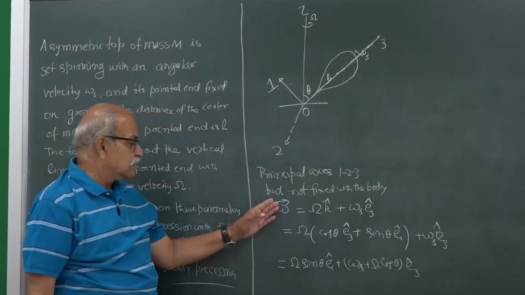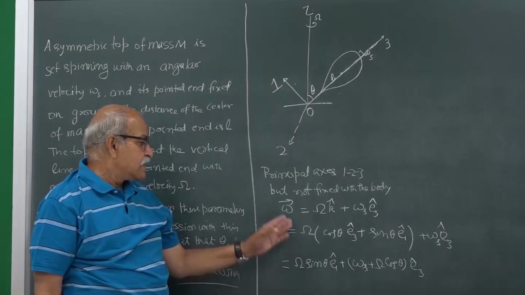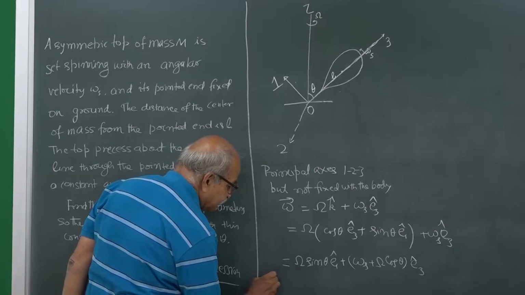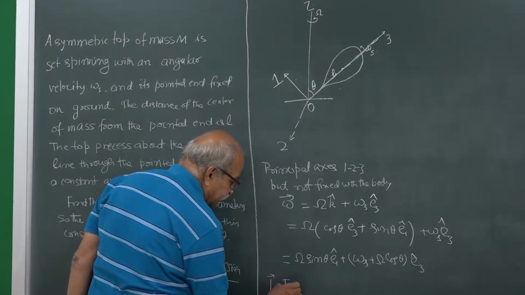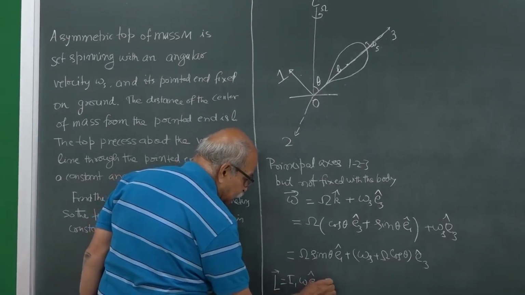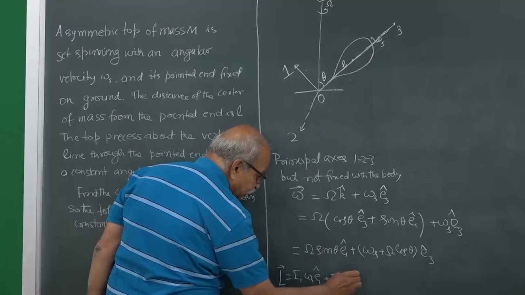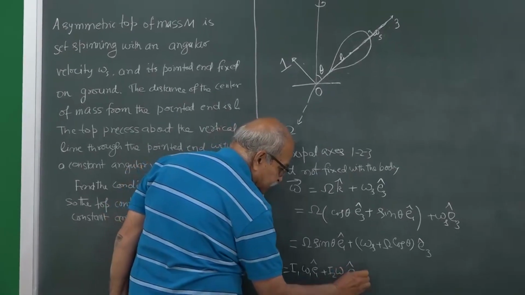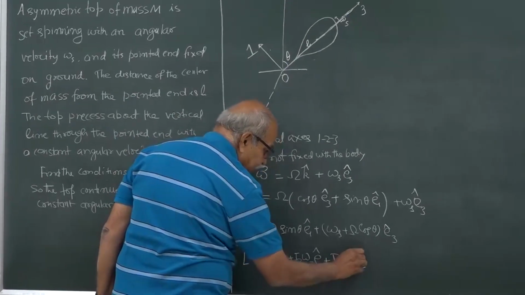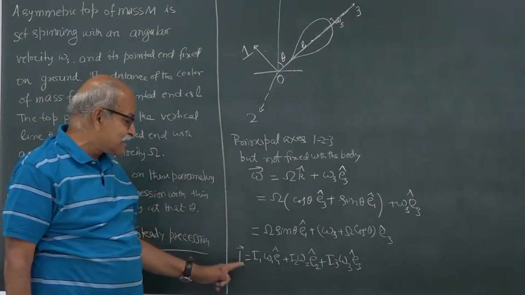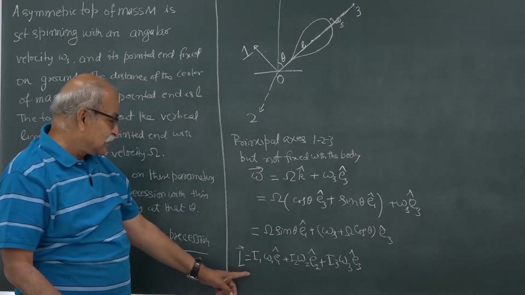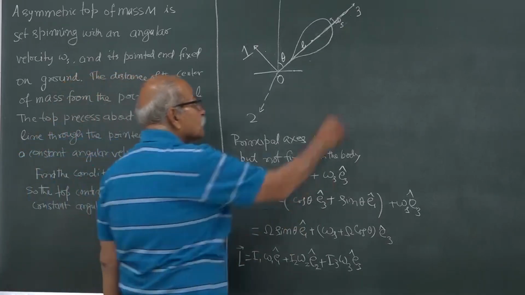So, that is what this omega is, and you write what is the L vector, the angular momentum vector. It is L = I1 omega 1 E1 cap + I2 omega 2 E2 cap + I3 omega 3 E3 cap. Since these are principal axes, I can write it this way, otherwise a 9-component matrix would be needed. Okay, so this is it, and the torque